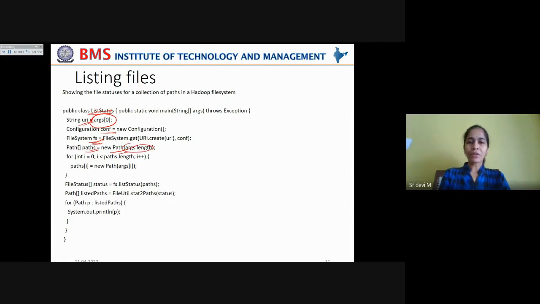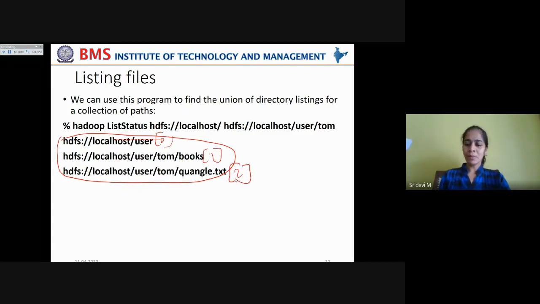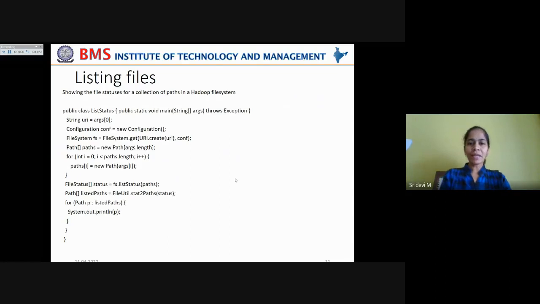It is sized by whatever is passed in the argument length. In this case, you are passing all these file paths, right? So the first one is stored in path 0, then path 1 and path 2. This is the first path mentioned, this is the second path mentioned, and this is the third path mentioned. Now that is taken into the argument length. So args.length now will give 3. Why? Because we are specifying 3 paths to 3 different files.